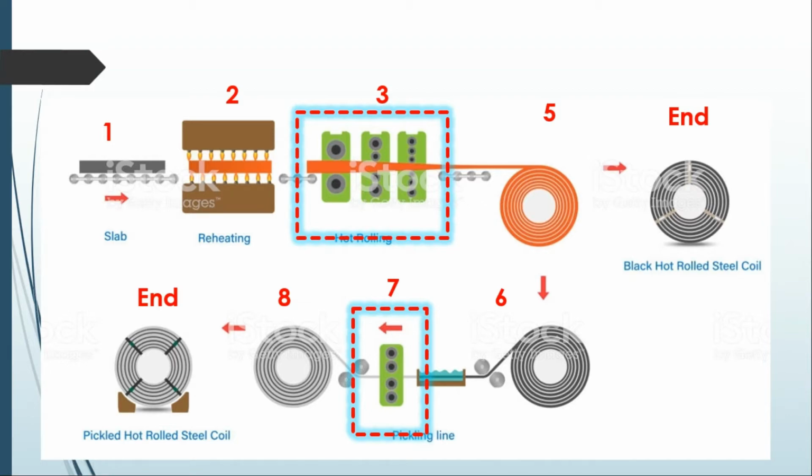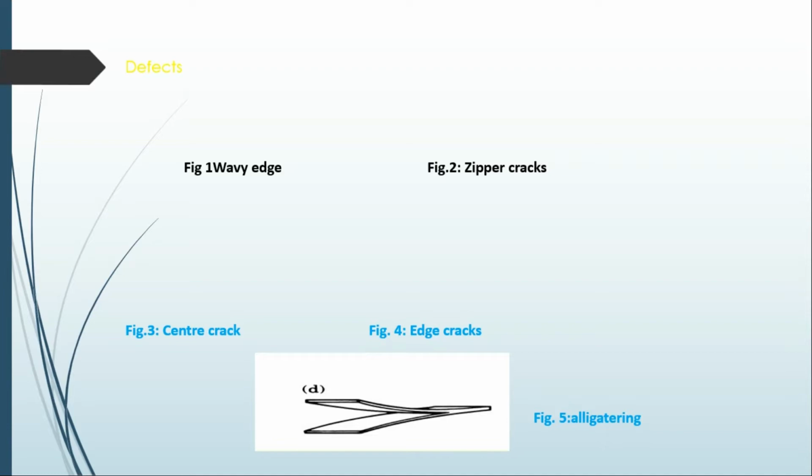It is very easy to understand, but you must make sure what type of material is used for which rollers and why we are using that, and whether it's suitable for hot rolling or cold rolling. Whenever we go for a rolling process, there will be some defects. First, wavy edges. Again I give the same example: when we roll a chapati, the edges will not be uniform, wavy edges like waves in the ocean.